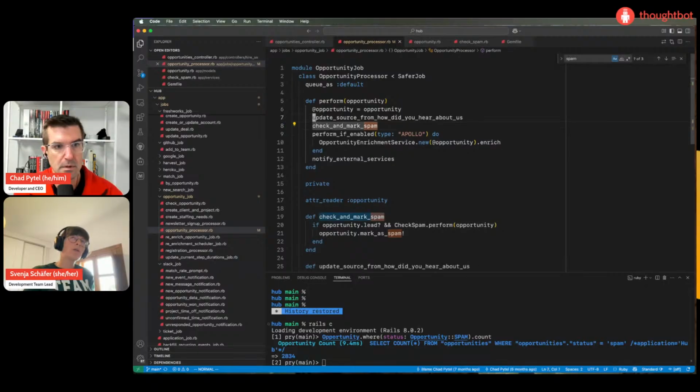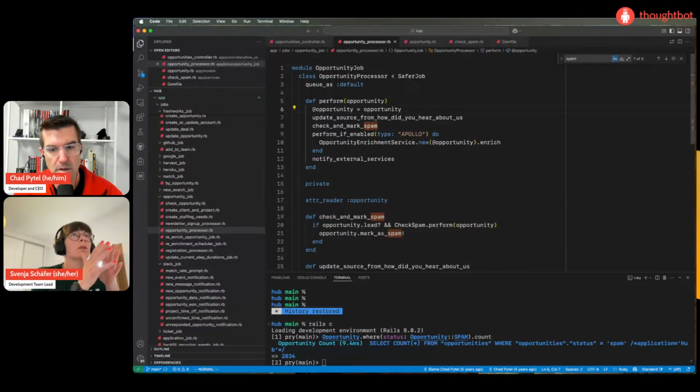Just a question. When we say we want to use embeddings on opportunities, what's the identifier for an embedding? How do we know if the embedding is a spam embedding?